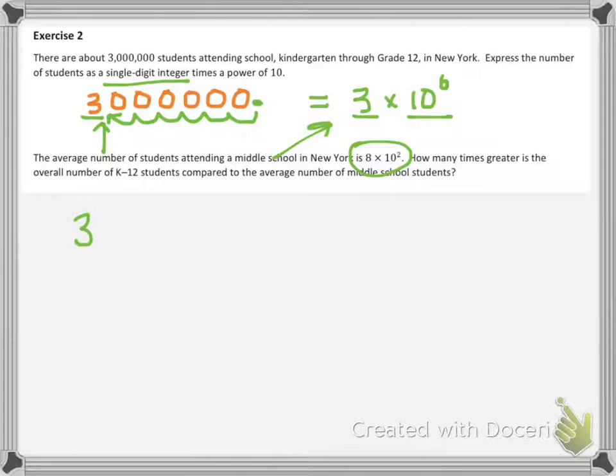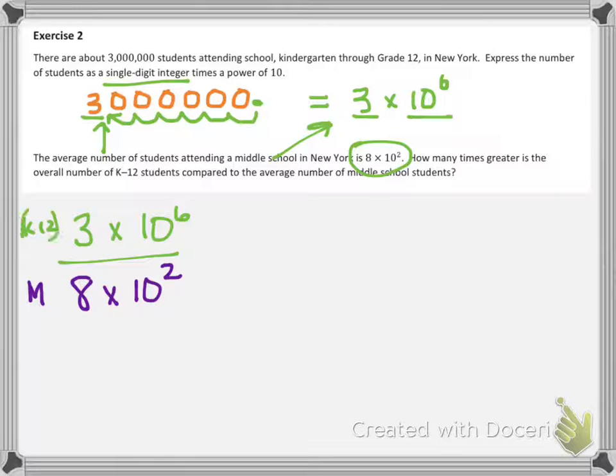We're going to compare 3 times 10 to the 6th to our middle school, which is 8 times 10 to the 2nd power. Okay, and then this is going to be middle school in the purple, and in the green this was K through 12. So we just have an idea of what our numbers are. We remember that. Okay, so now